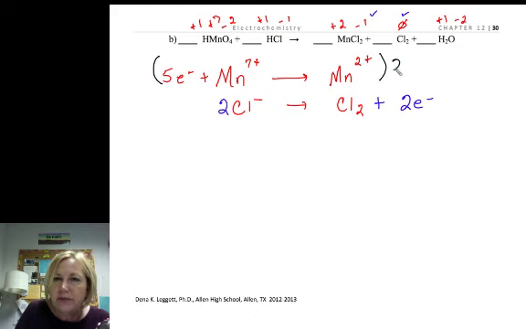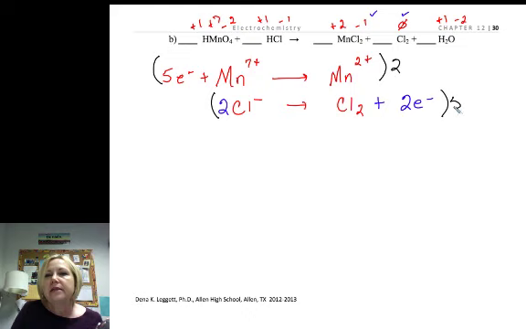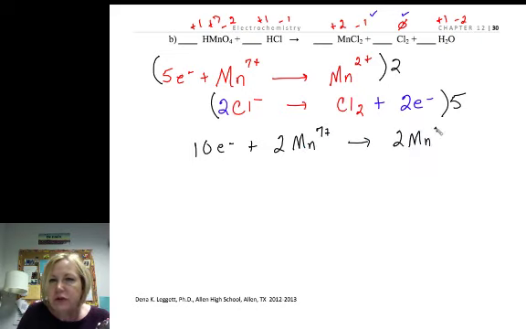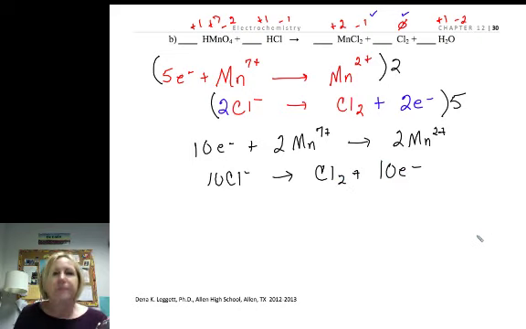The least common multiple of 5 and 2 is 10. So I'm going to multiply those out. I'd have 10 electrons plus 2Mn7 plus, 2Mn2 plus, and 10 chlorides. All right, so we've got electrons balanced, we've got charges balanced, and so now we have to put these subscripts